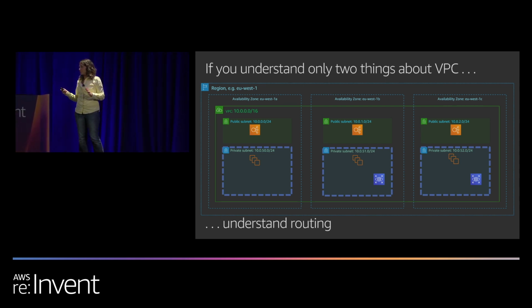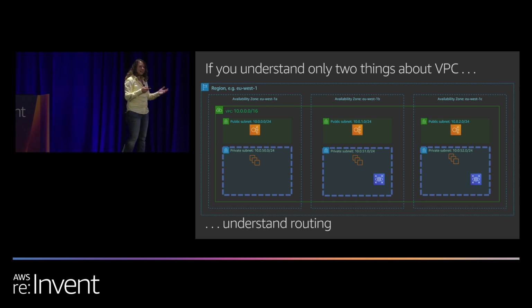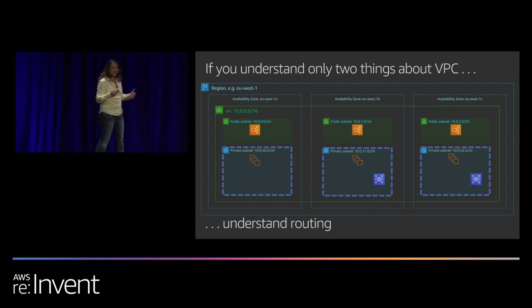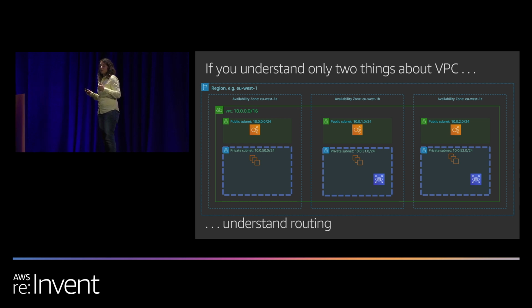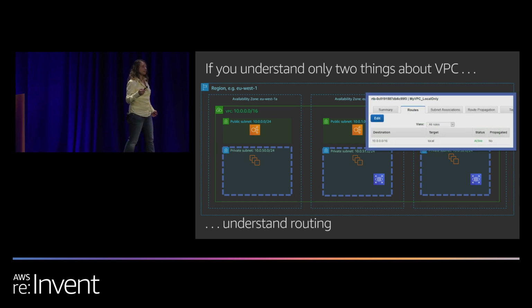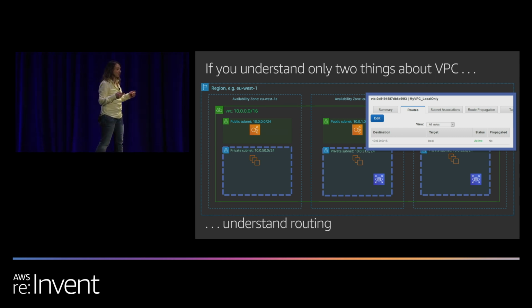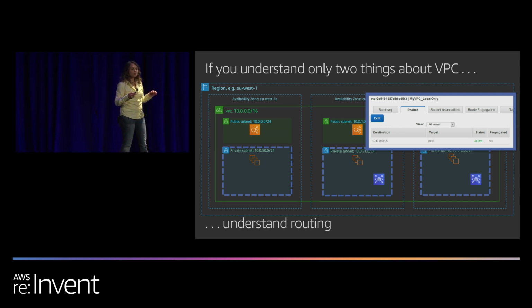So I promised I would explain what public and private subnets meant. Let's look at this subnet that I'm calling the private subnet. And you'll notice the kinds of things I put in this private subnet are actually what you would think of as private. I don't want the world connecting to my web servers. I don't want the world connecting to my database. I do want the world connecting to the load balancers. So you can kind of understand on a conceptual level why I put each of these where I did. But very specifically in AWS, what we call a private subnet is a subnet that has no direct route